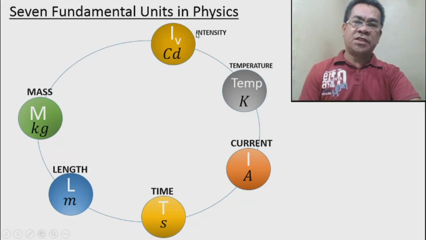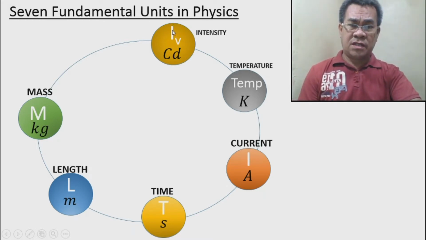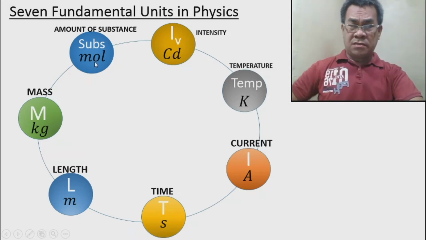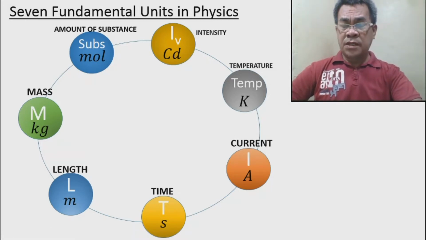In luminous intensity of light, we usually have a symbol of L sub V, and this is candela, CD. For the amount of substance, microscopic particles, we have the number of moles, macroscopic or microscopic. If we are dealing with the amount of substance, the unit is mole. Okay, so these are the 7 fundamental units, but mixing these